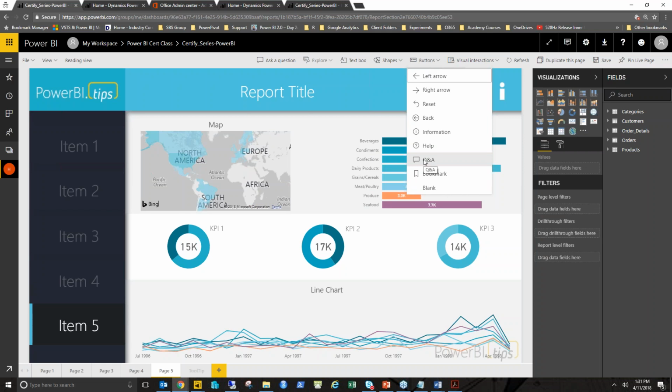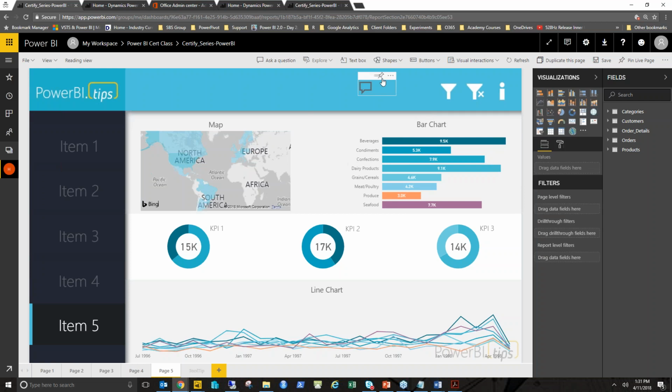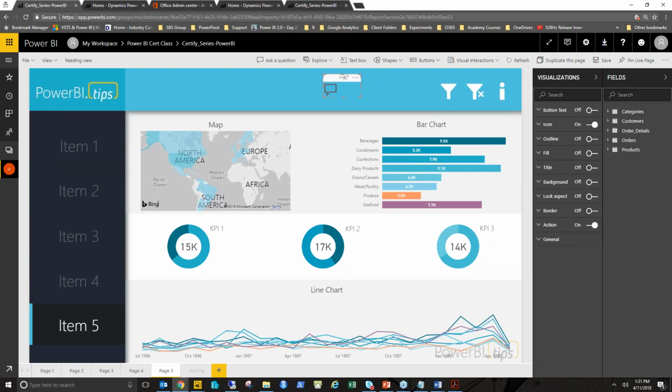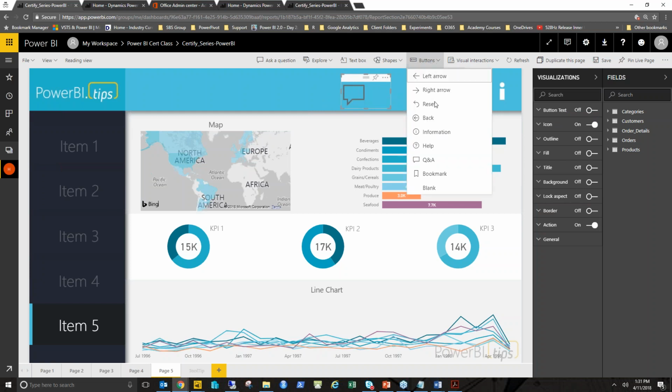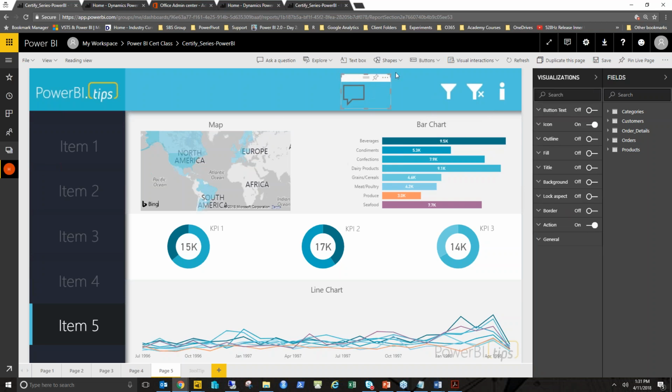I know we're running over, but if you want to see the new buttons that allow you to have more of an app feel, I'll show you how to do this really quickly. So right here I've clicked and put Q&A. I drop down the buttons and I've clicked this Q&A. So it looks like a regular button. However, this is where it gets really interesting: I can customize that button